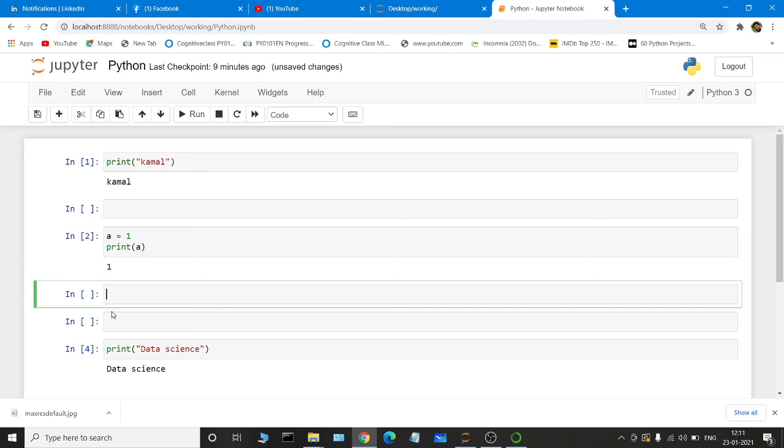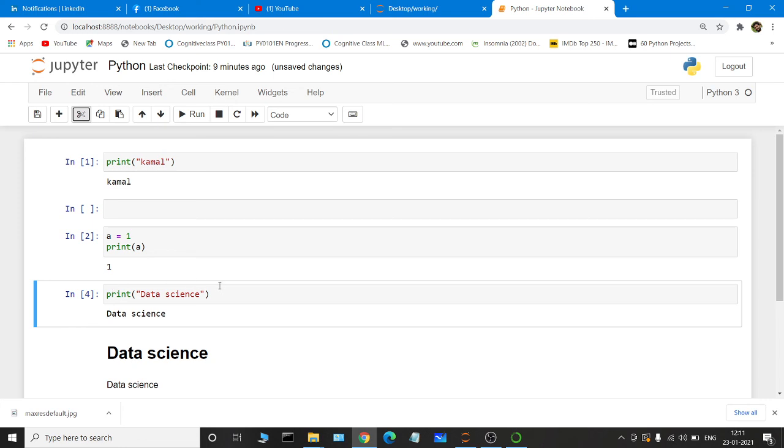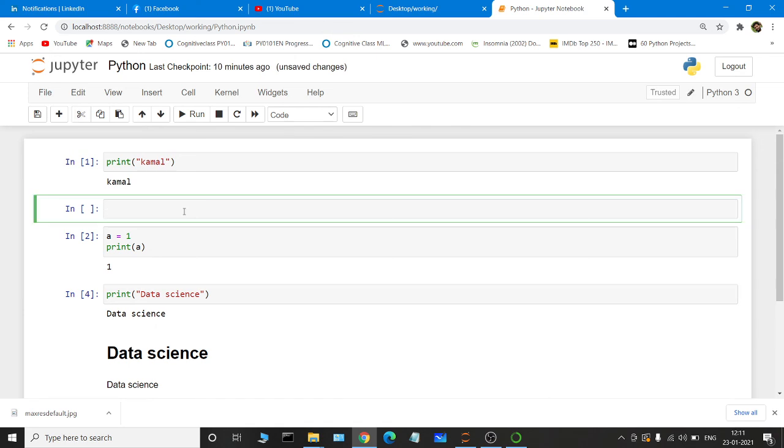And if you want to cut these particular two cells, just select this particular cell and mark it. Okay, select this particular cell, click it, automatically the cells have been deleted. Okay, so using the Jupyter IDE, the Python code can be run fast, and easily we can develop a number of projects in this particular Python notebook. Okay, there are more options to work with this Jupyter notebook, which makes it very easy for the user to develop the Python code and develop ML models or deep learning models.